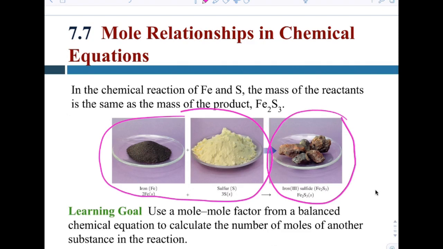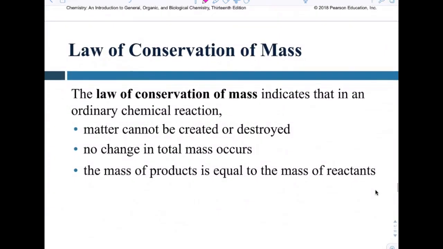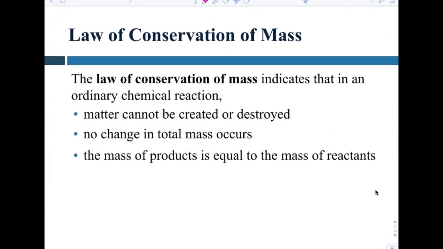This is the law of conservation of mass and conservation of matter. The law of conservation of mass says matter cannot be created or destroyed, no change in total mass occurs, and the mass of products is equal to the mass of the reactants. We are balancing chemical reactions because of this law, but you can also think about it in terms of